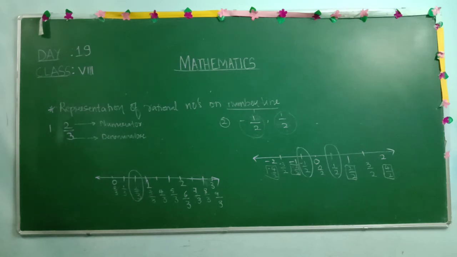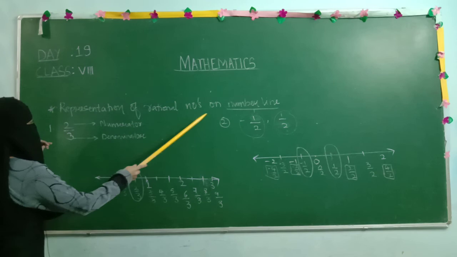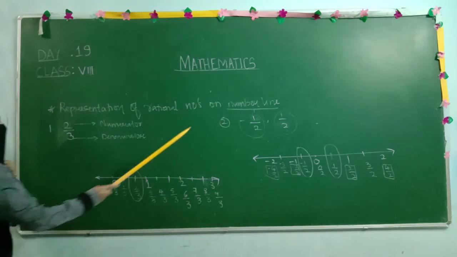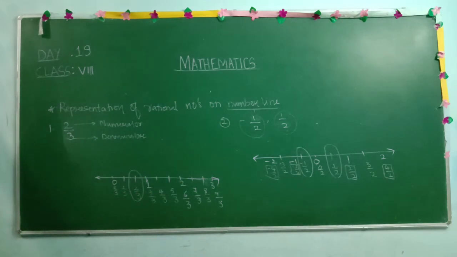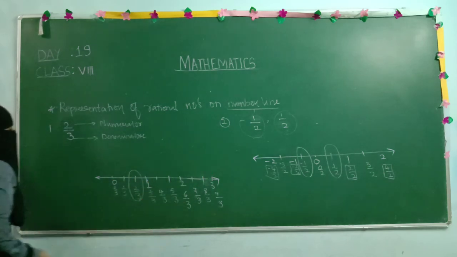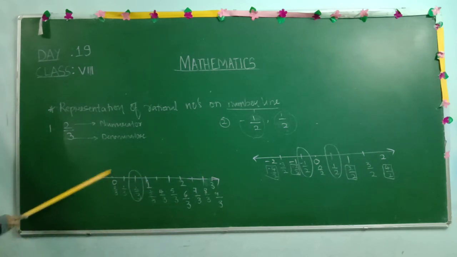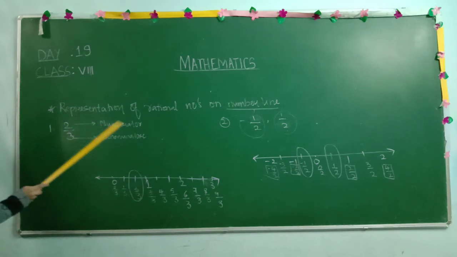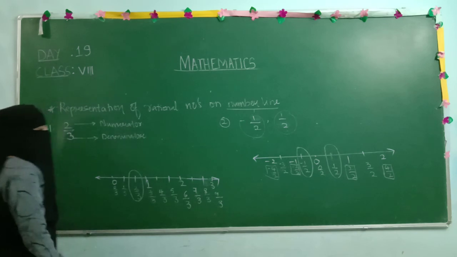Hope you people have understood representation of rational numbers on the number line. A number line is nothing but a line on which numbers are represented. This is the representation of a rational number. The number above the line is the numerator, the number below the line is called the denominator. First we have to draw the line. After drawing the line, we need to write the numbers. As only positive numbers are given here, I have started from 0. All the time you need to start with 0. If any negative number is given, then we need to represent the negative numbers also on the number line.